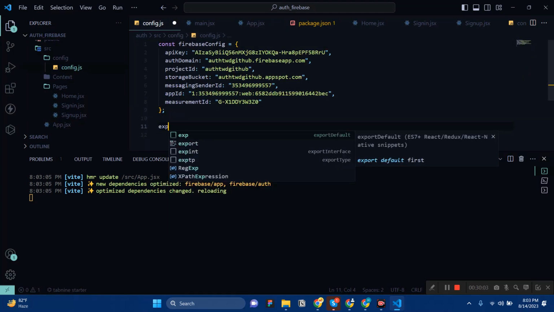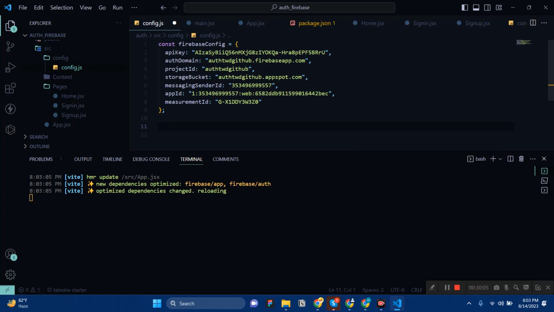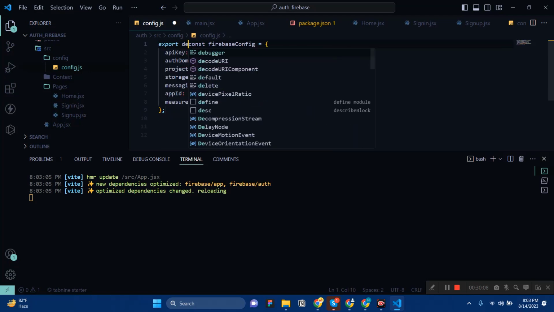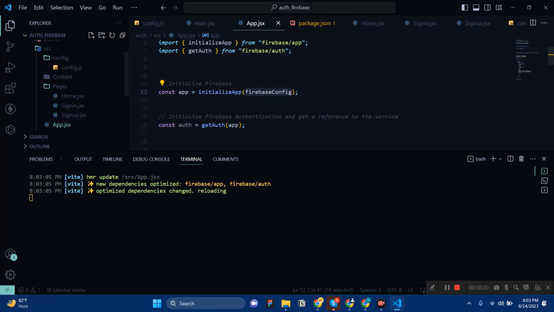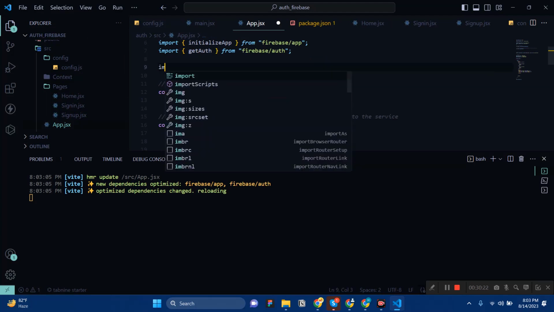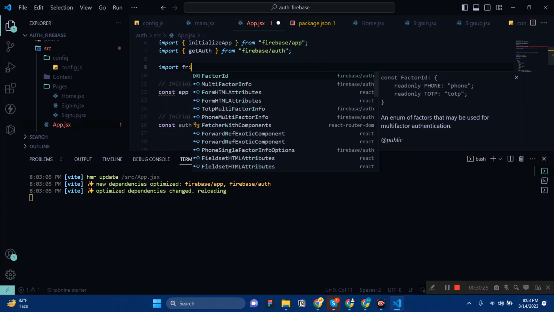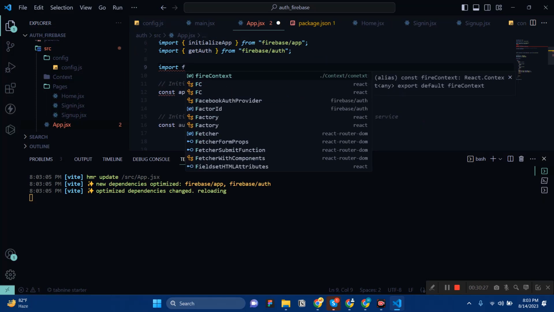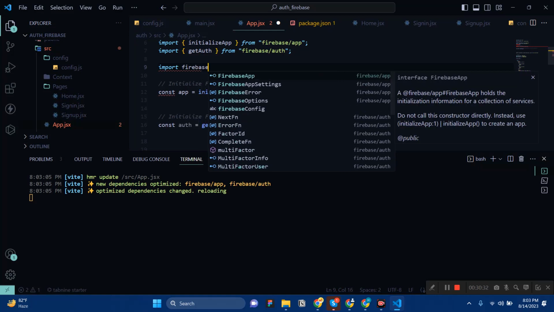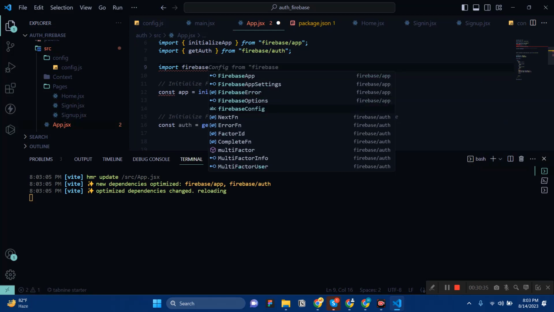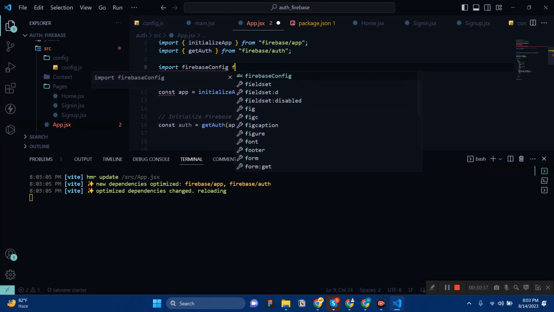I say it is going to say export default, this one, config dot this one, and here let us come to app.js, and here we just want to import Firebase config. Make sure you check the spelling, that is very important. Firebase config, this one, right? Firebase config from,